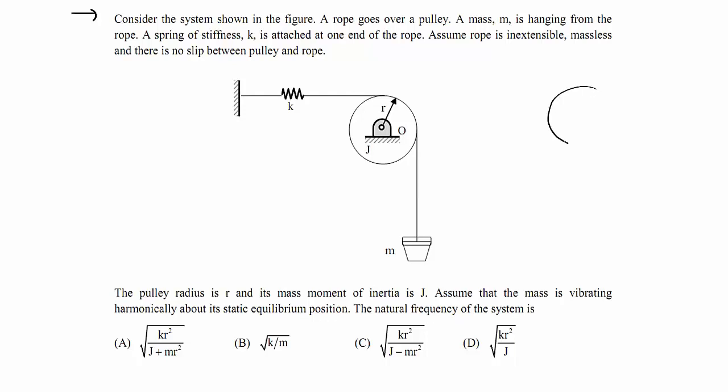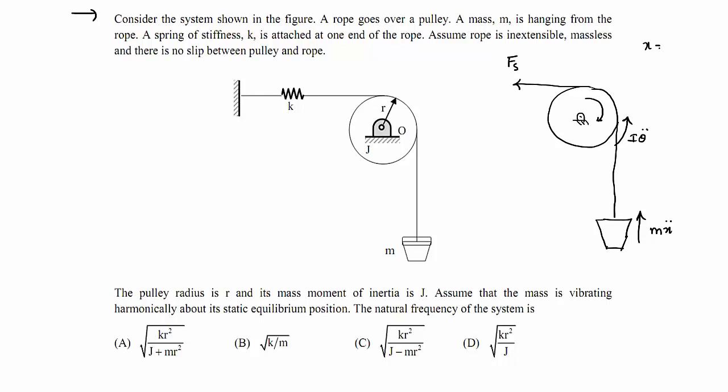So here let me draw the free body diagram of the pulley. If the pulley is rotating in the clockwise sense, J theta double dot will be in the anti-clockwise sense. Next, due to the rotation of the pulley, this spring is going to experience tension. So the tensile force, let us write this as Fs. And there is a bucket which is going to move down, but the pseudo force experienced by the bucket will be upwards. That is m x double dot.